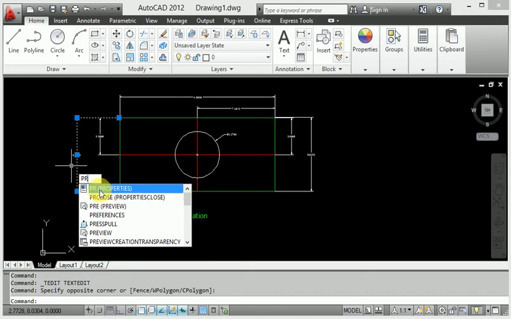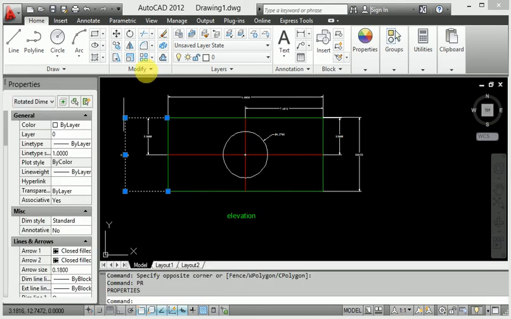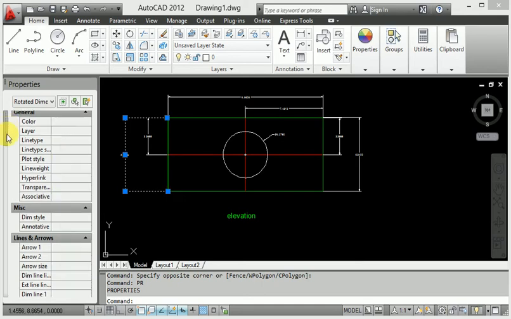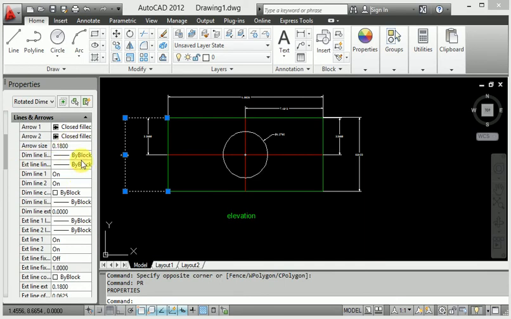When you enter the property, look at this, a property dialog box comes up on the side. But I want to increase this particular dimension and arrow. How is it possible? First of all, look at this dimension. There are many types of dimension available. If I want to change the dimension, here is architecture. So our architecture dimension is showing only this line, not everything, because I am changing only this individual line. Always remember this, okay?